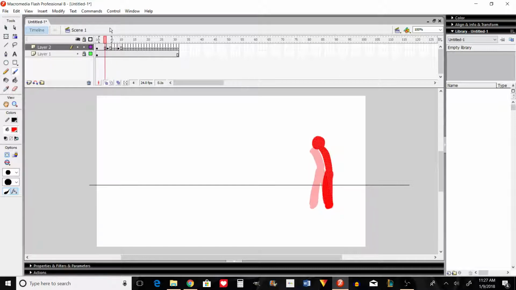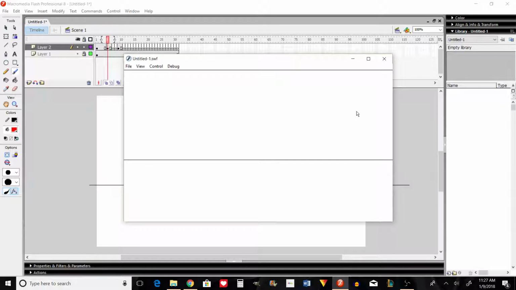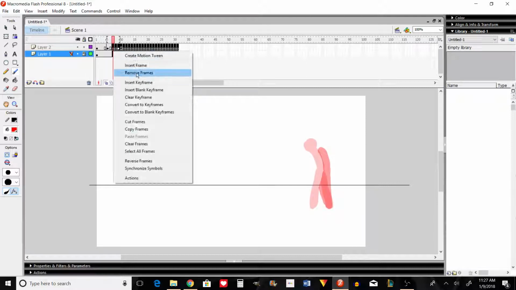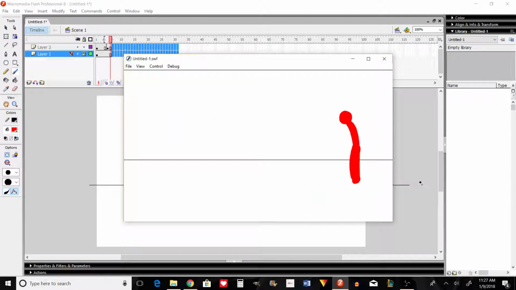That's a little too fast of a transition to the next frame. So that would be a bad example of starting off a walking cycle, because simply